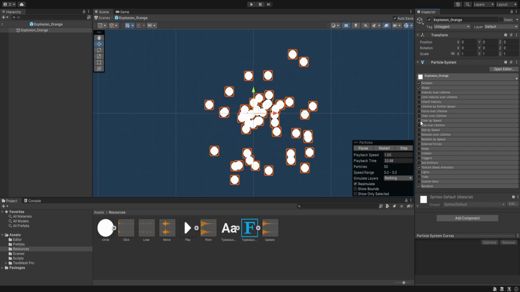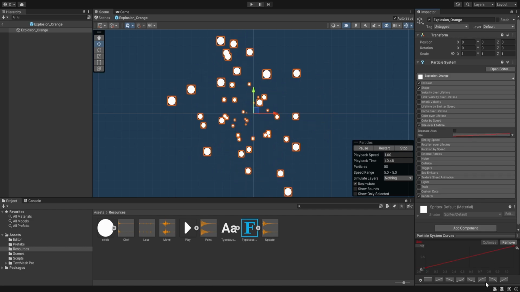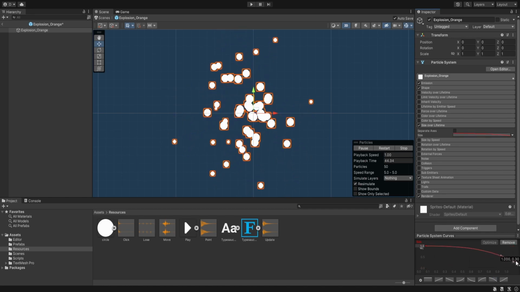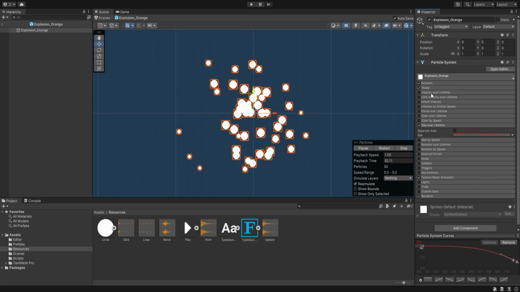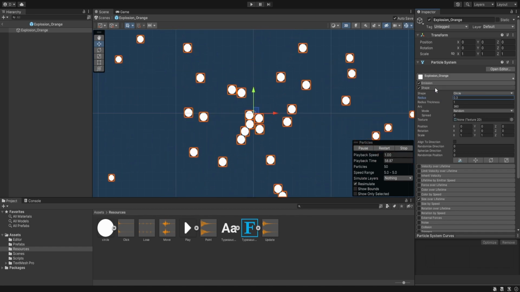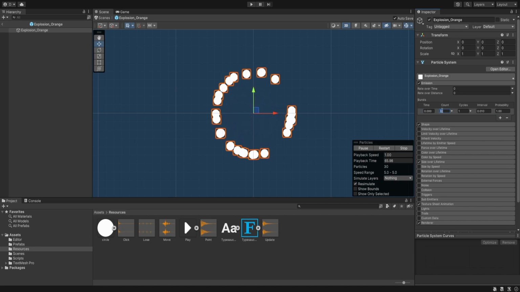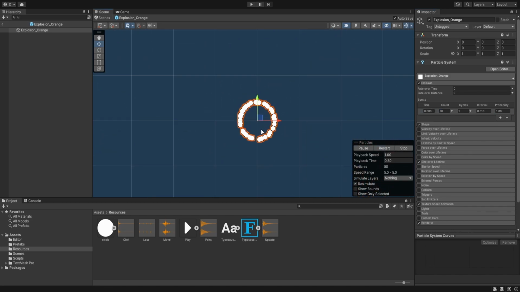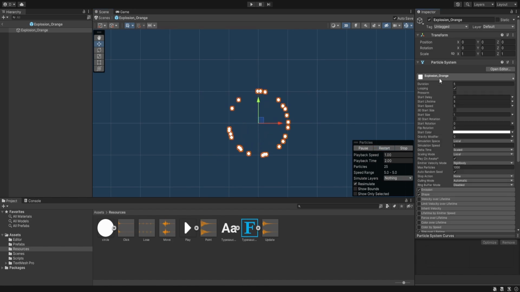and color over lifetime there is not going to be any, but size over lifetime it's going to be a decreasing value, but not to the maximum, just a little bit towards 0.32. And inside shape, instead of cone, let's have it circle, and let's decrease it to 0.3. And emission let's set to 0, and burst, and let's have it 50 count, 25, yeah, 25 should be fine, but it doesn't matter. Let's set its duration to 2 seconds, lifetime to 2 seconds,